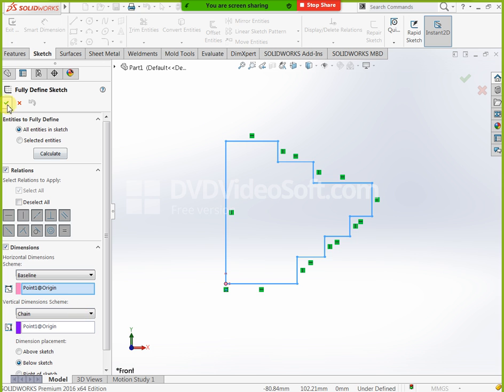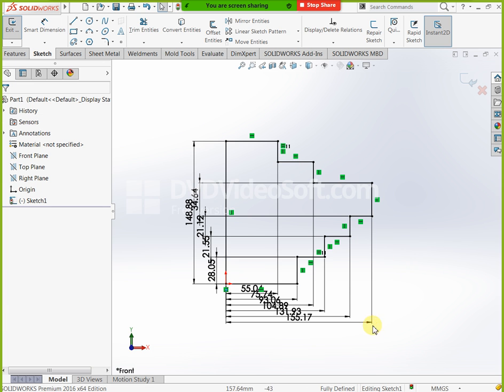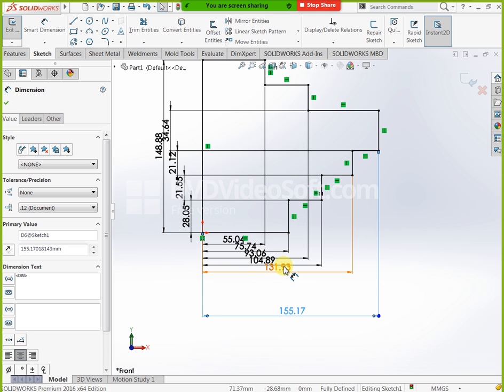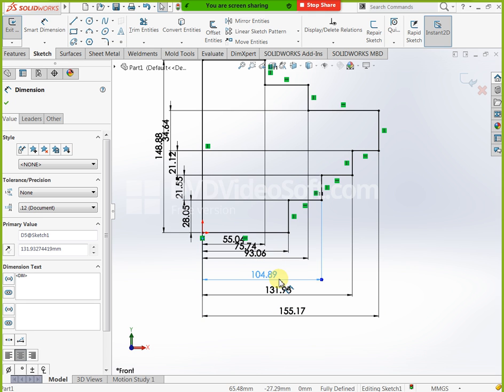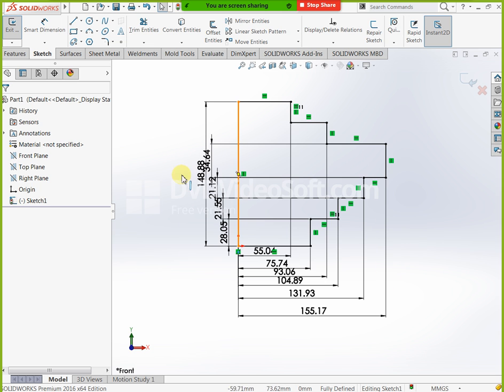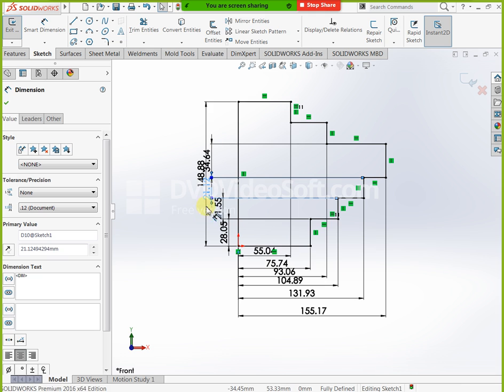Okay, all this is our reference point. You can apply your dimensions like this. Here also. Okay. For example, we can go for next.